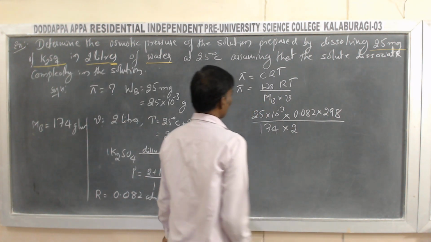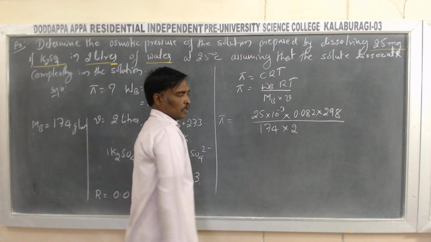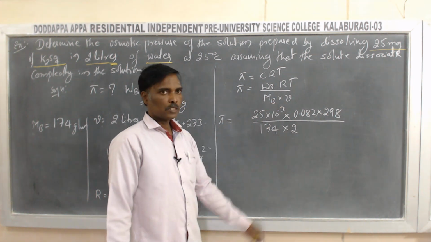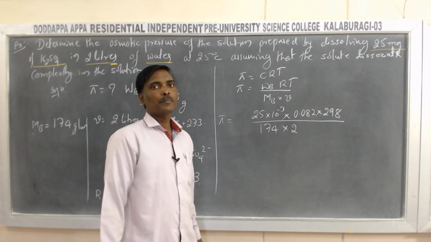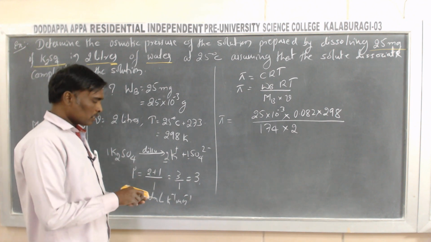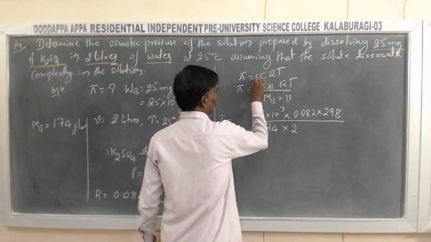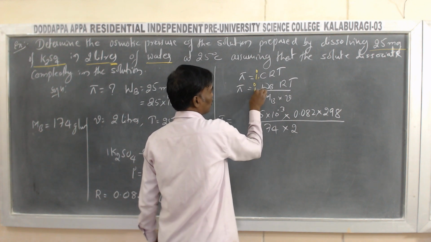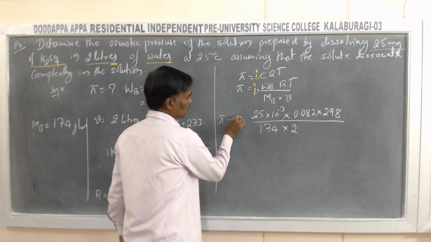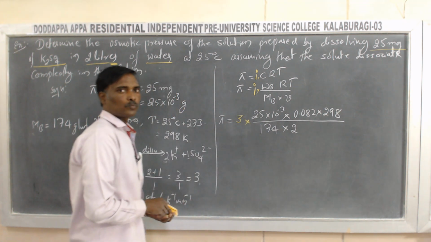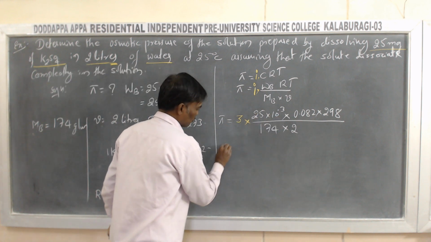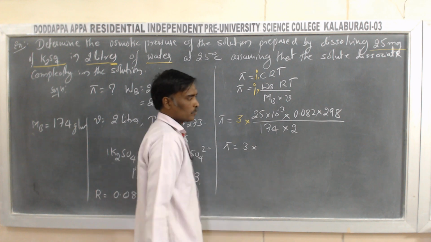Now pi is equal to, if I simplify by substituting all these values in the above formula, we get some error, because our solute is an electrolyte. For that, you have to multiply that by a van't Hoff factor. So here this is multiplied with an i, and the van't Hoff factor value we know is 3. So multiply that by 3 into this term. Therefore pi is equal to 3 into this.